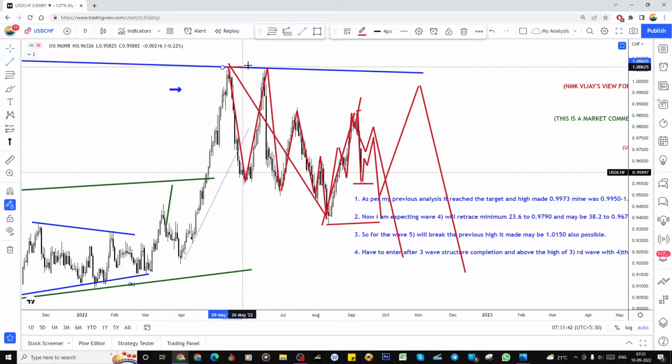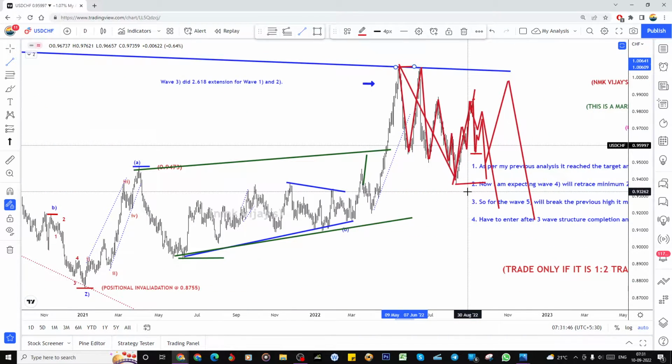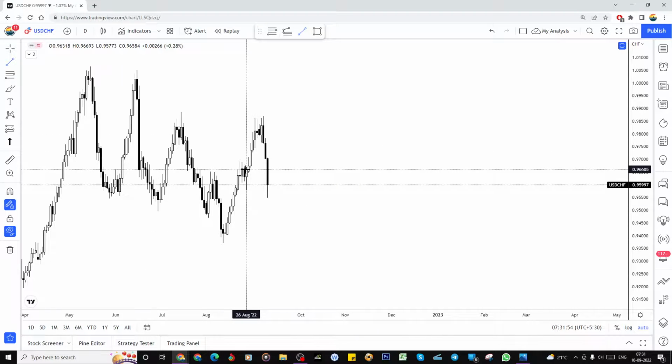Only if it breaks the previous high is it going to be a little bit bullish. Until this, it's making only the three-way structure. Look at this, it is the three-way structure, it's not a five-way structure. Or if we kept this as a five-way structure,